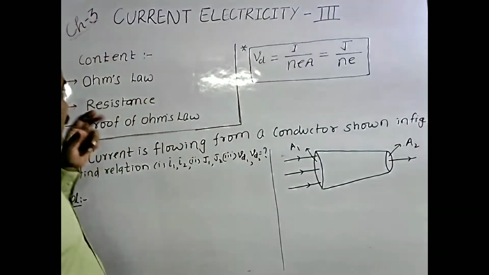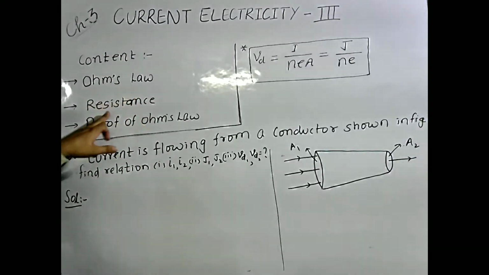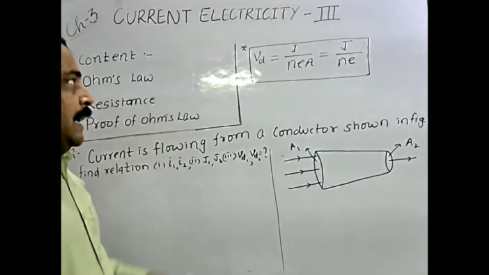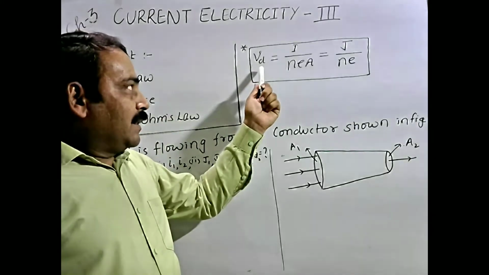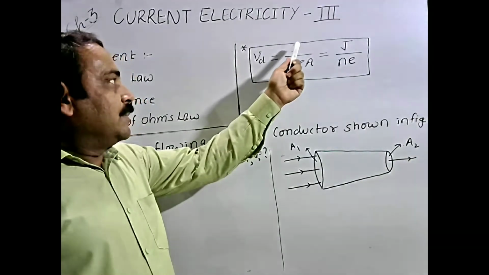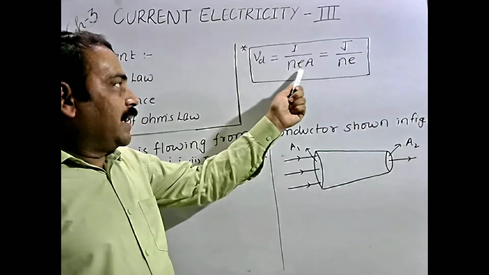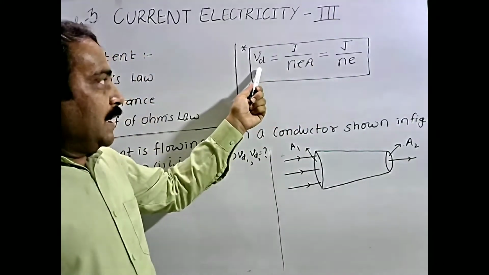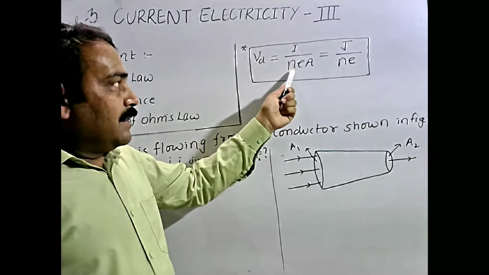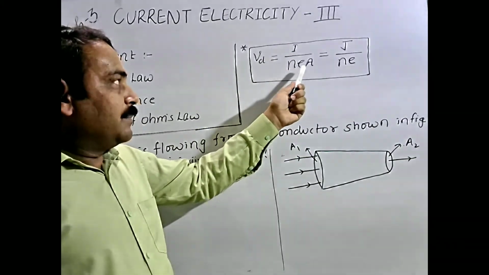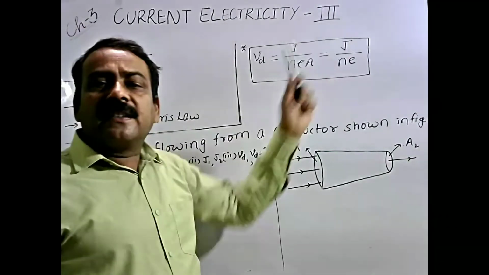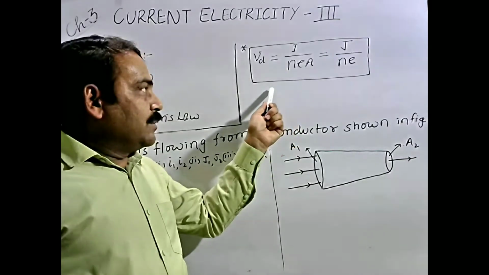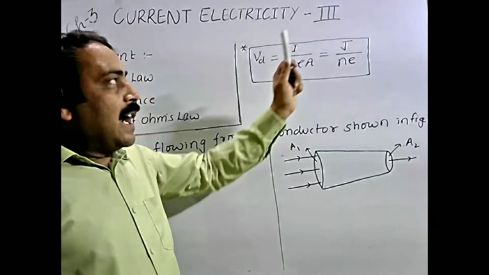इसमें मेन कंटेंट्स ओम्स लॉ, रेजिस्टेंस ऑफ कंडक्टर एंड प्रूफ ऑफ ओम्स लॉ होगा। इसके पहले हमने सेकेंड लेक्चर में रिलेशन डिस्कस किया था, ड्रिफ्ट वेलोसिटी VD इक्वल टू करंट I upon NEA equal to J upon NE, in which VD drift velocity, I current and number of electron per unit volume, area of cross section and J current density। ये रिलेशन हम पहले डिस्कस कर चुके हैं। अगर किसी को प्रॉब्लम है देन आप आई बटन में जाकर इसको क्लियर कर सकते हैं।